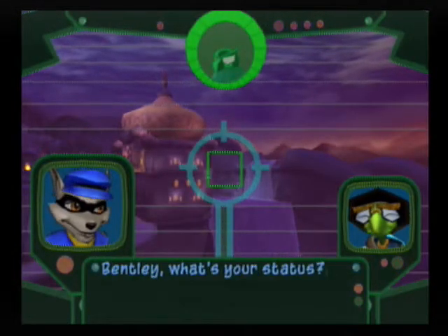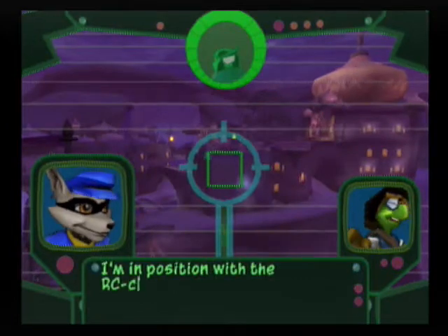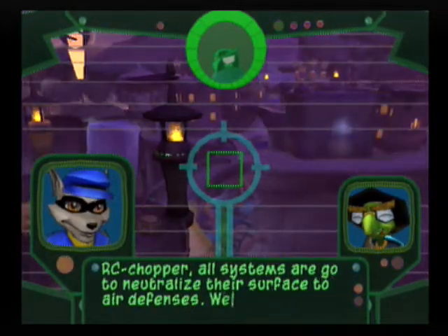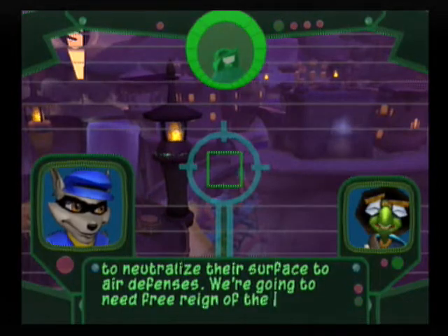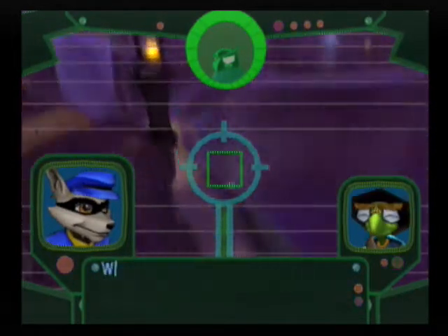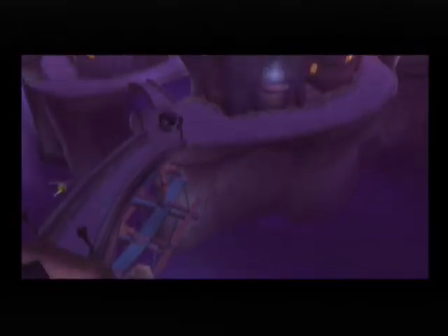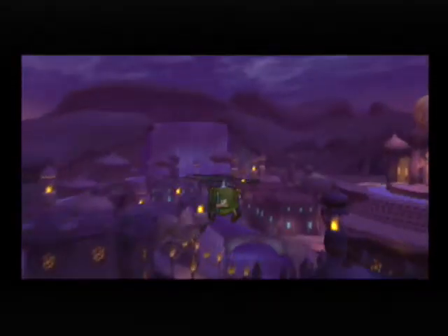Bentley, what's your status? I'm in position with the RC chopper. All systems are go to neutralize their surface-to-air defenses. We're going to need free reign of the sky during the heist. Well, be careful. Chopper parts aren't cheap. Hostile has been sighted. Hey, Bentley, use the left analog stick to steer the chopper and hit the X button